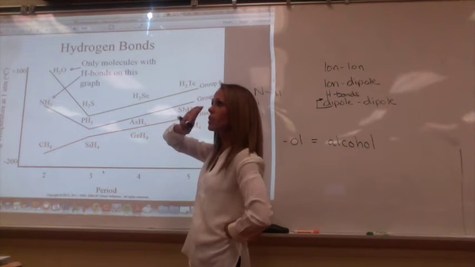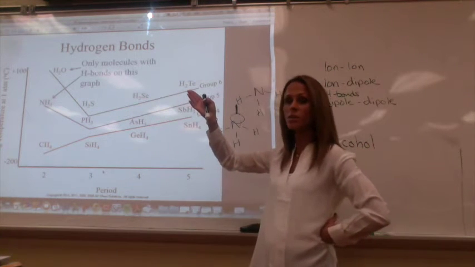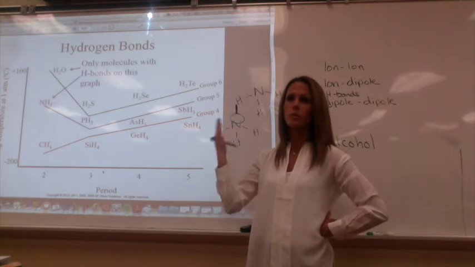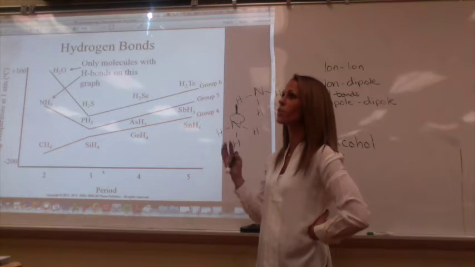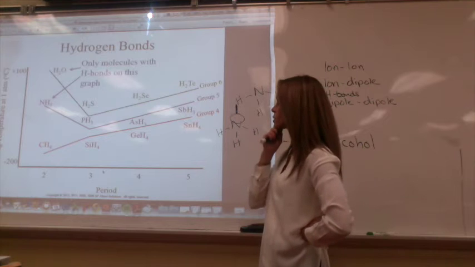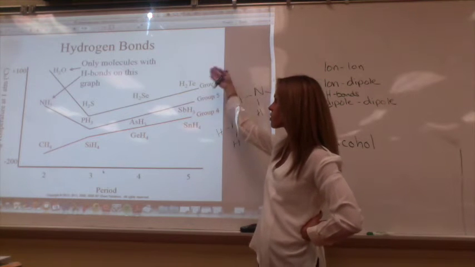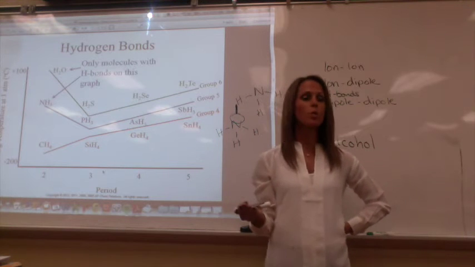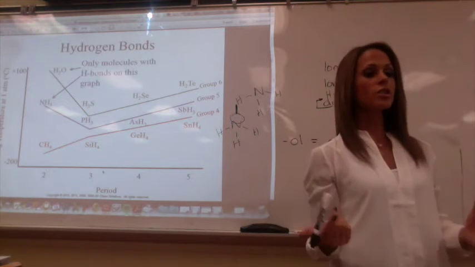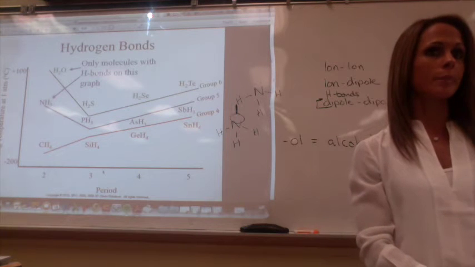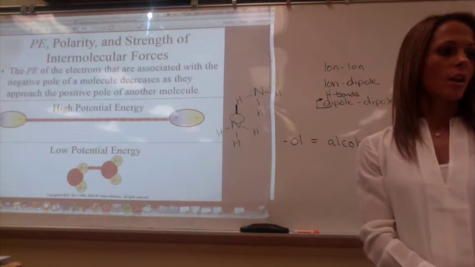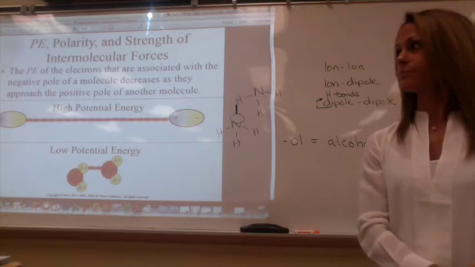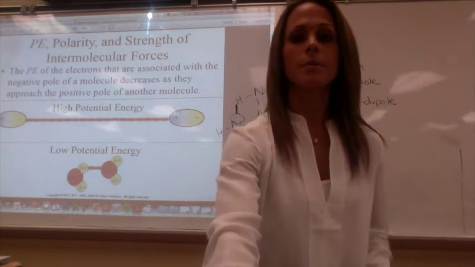So polarity increases going from left to right across the periodic table as a general trend. We know because the size of those atoms is getting smaller, there's more pull between those bonds. So as a general trend, going across the periodic table, as electronegativity increases, you create more polar dipole moments. A stronger dipole moment means higher boiling point. We'll stop here, and we're going to start looking at some of the problems.